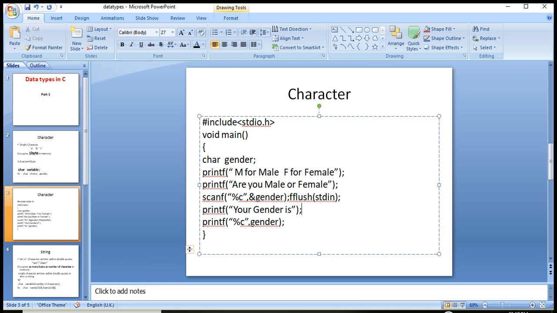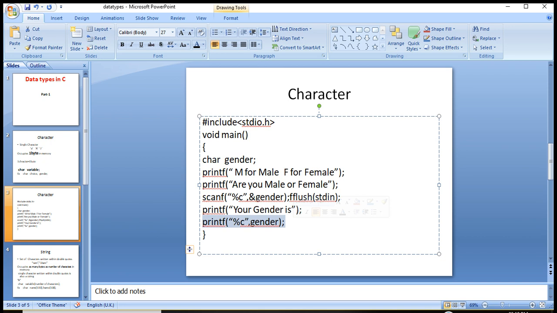If we want to print the data of a variable onto the screen, then we use this statement. And %c is a format specifier used for representing a single character.